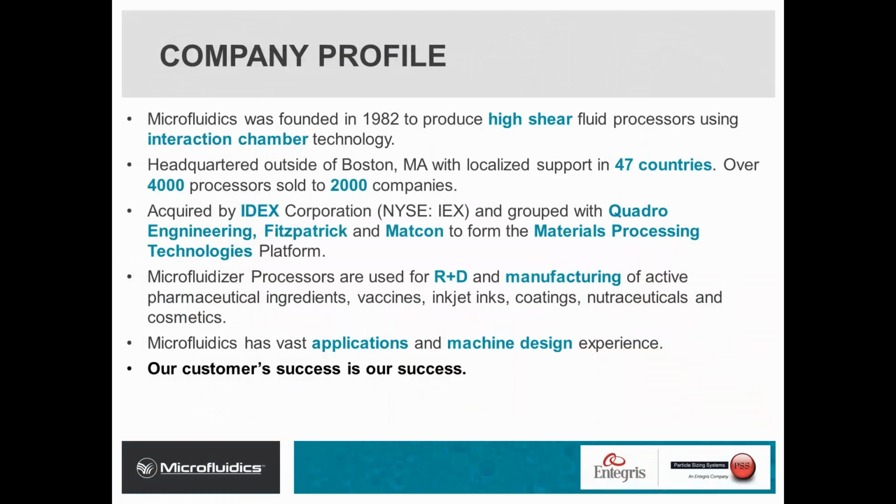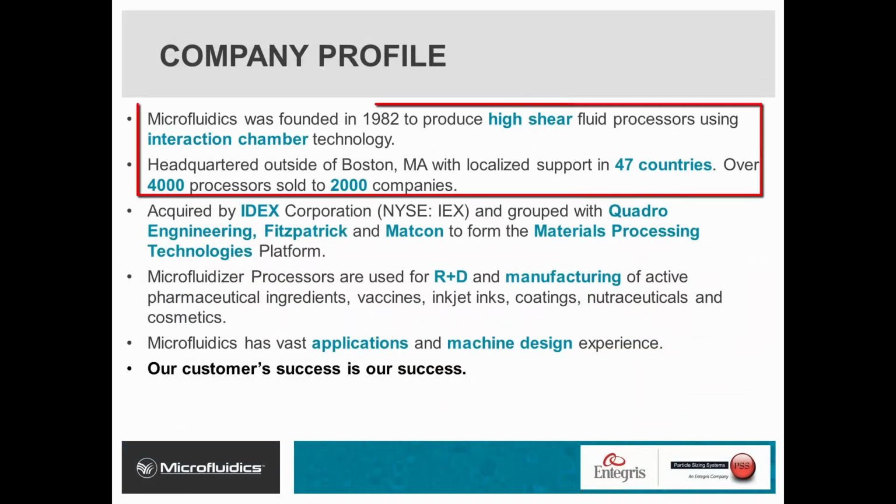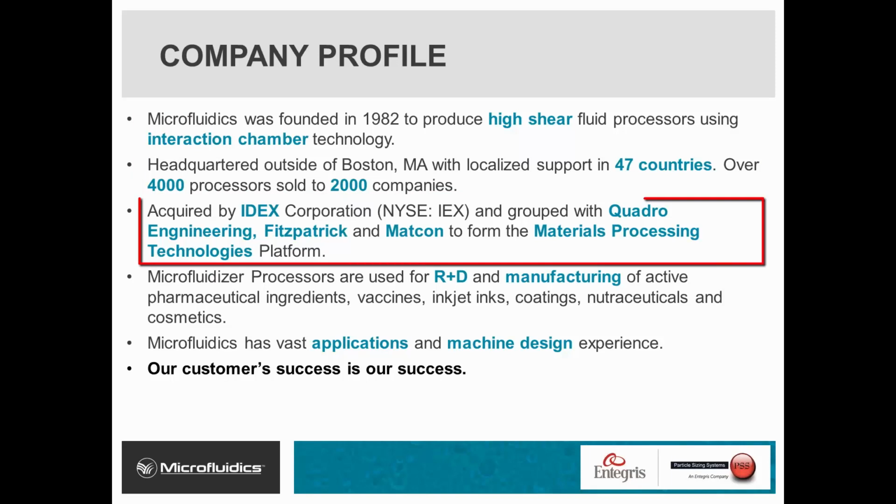So just real quick, a little bit about Microfluidics. We were founded in 1982, so we've been around for 36 years, selling microfluidizer processors globally. We were acquired by IDEX Corporation about 6 years ago and put in a group with Quadro Engineering, the Fitzpatrick Company, Matcom, to form this material processing technologies platform. So Microfluidics is very familiar with nanotechnology applications, but if you have any other material processing questions, we have the support of a full platform behind us, and feel free to let us know because we have a lot more